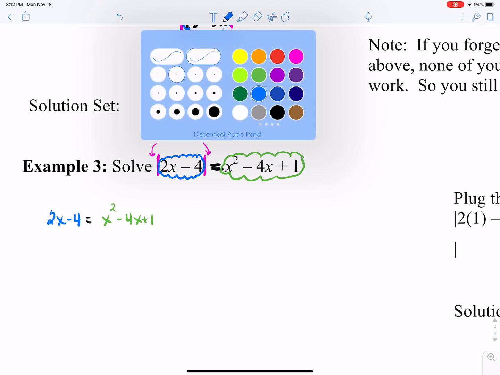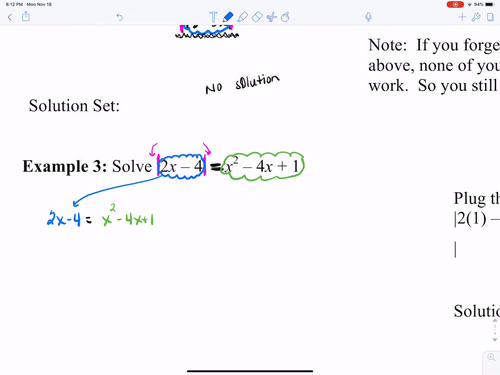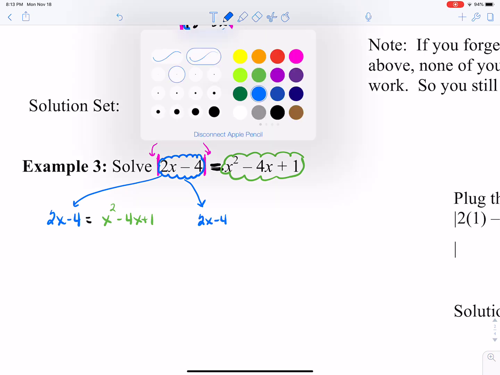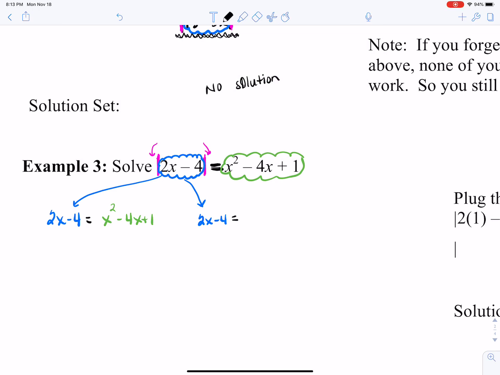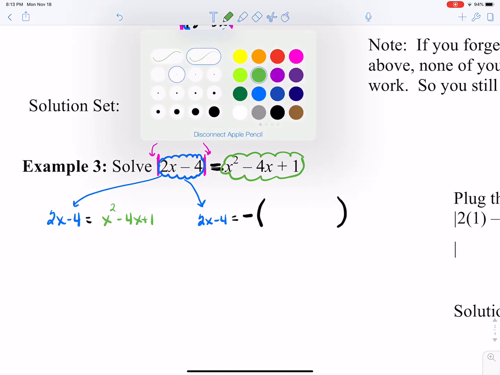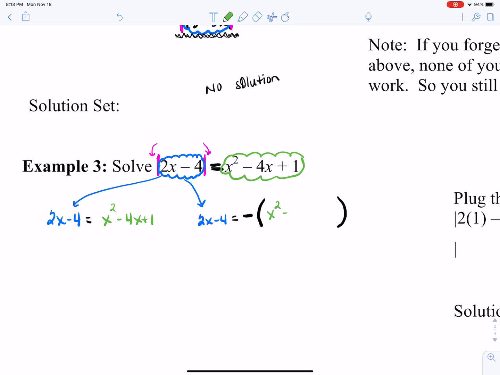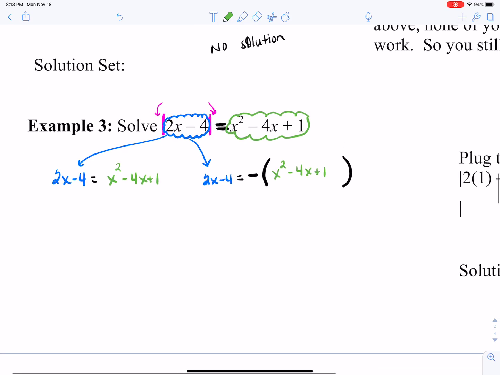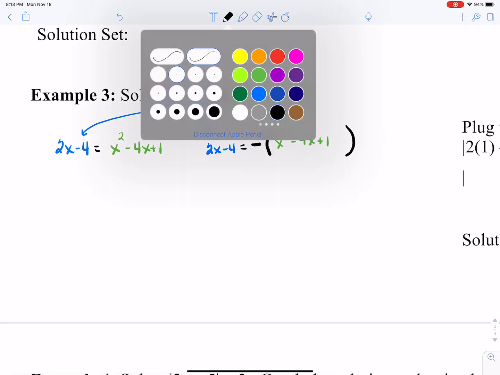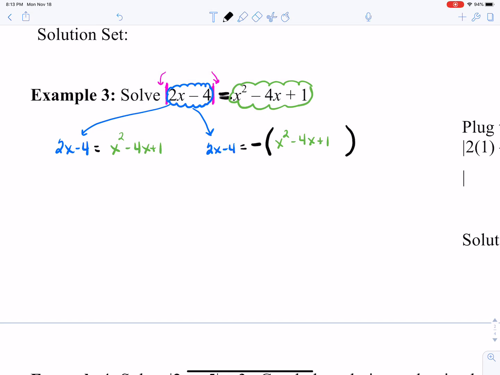I also have to take this out again. Do not change it in any way. Set this equal to, this is going to be weird, the negative version of the right side. Now let's solve each equation. It's quadratic, so I'm going to set it equal to 0. x squared, let's see,